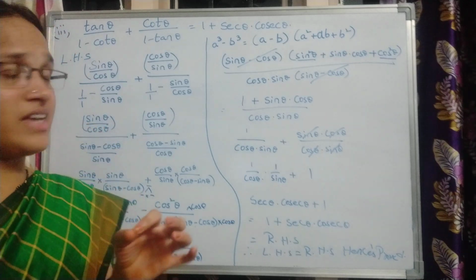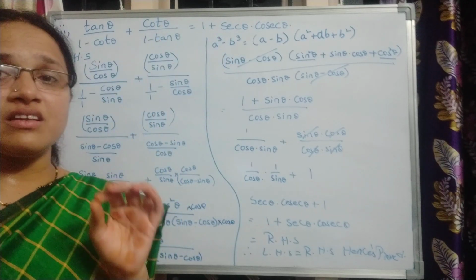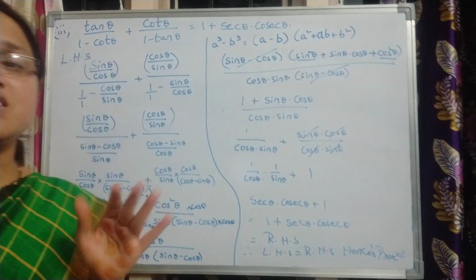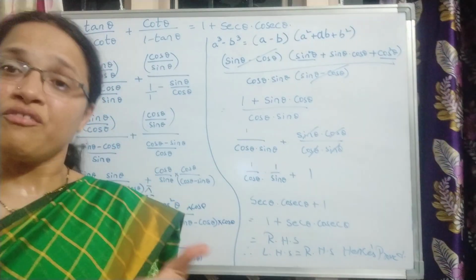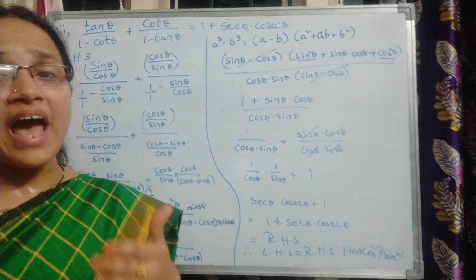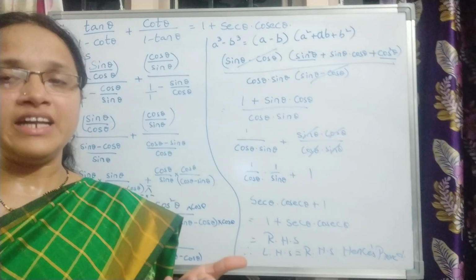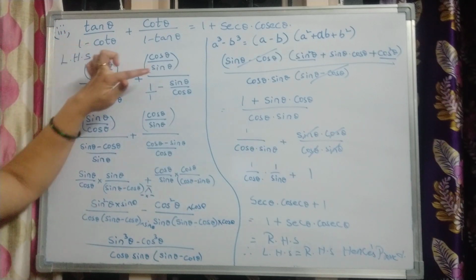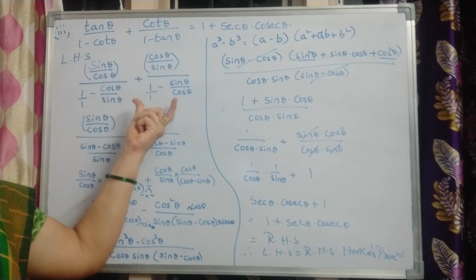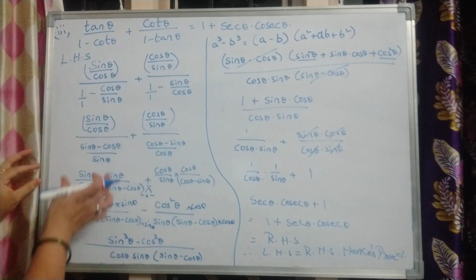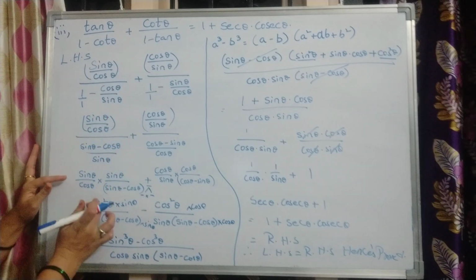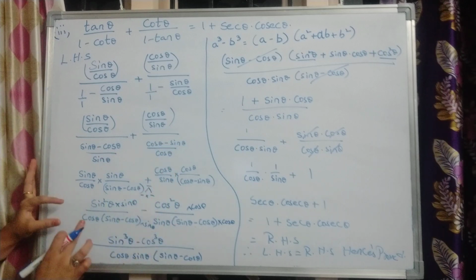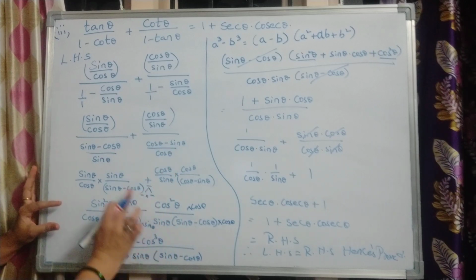First and foremost, the answer is in the reciprocals of sine and cos, and the question is in the form of tan and cot, where we can write tan and cot in terms of sine and cos. So write the left hand side in terms of sine and cos. Take the LCMs in the denominator. Okay, write the reciprocals properly, that means write the reciprocals properly after taking the LCM and everything. Then take the LCM of the whole, both the things.